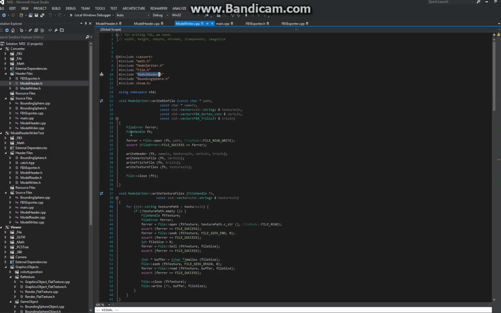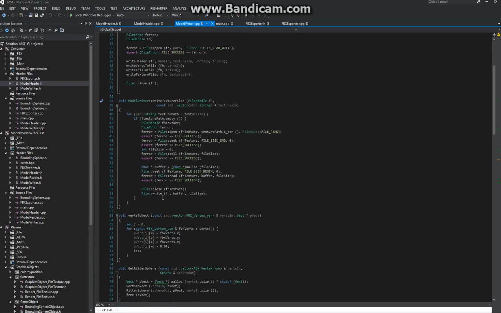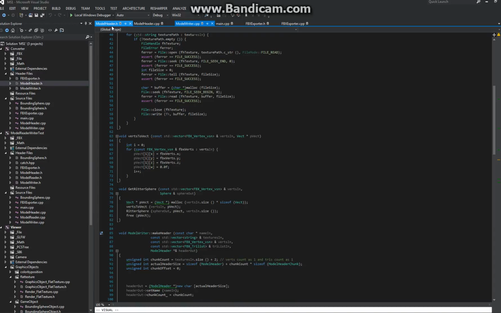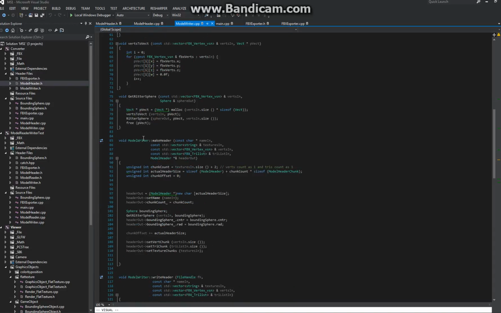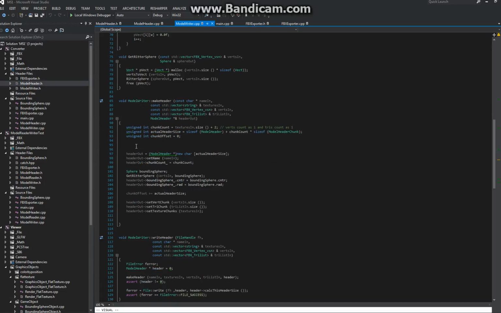So going back to the writing file, after it gets the header, after it makes the header, the way it makes the header is it will count the number of the chunks, plus 2 since